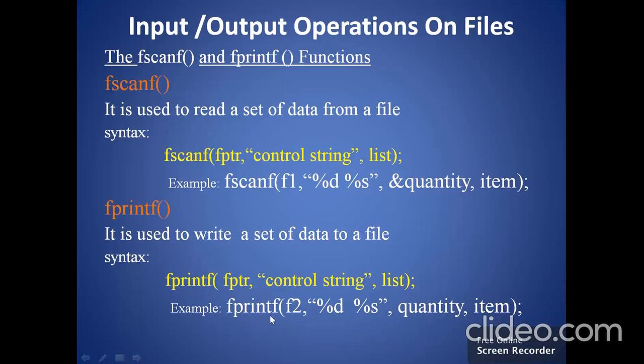Here fprintf is the function, then f2 is the name of the file pointer, then %d and %s. Here d indicates integer data, s indicates a string of characters, then quantity is the variable name, then item is the name of the string. When this particular code is executed, actually what happens here is,